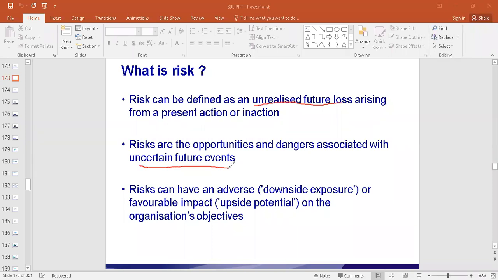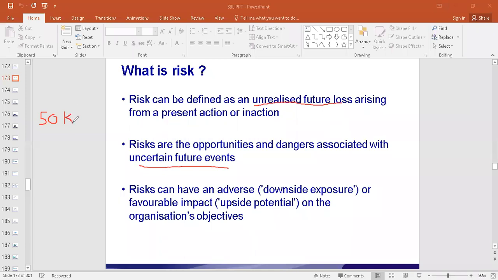Okay, risk, we need not always think about risk in a negative sense. Risk is not always a loss. Though some refer to it as a negative impact or some loss to happen, it is not necessary that it is always on the downside. For example, if they anticipate that in future they would be able to sell some 50,000 units, this is the expectation. This is the plan. The plan is to sell 50,000 units.